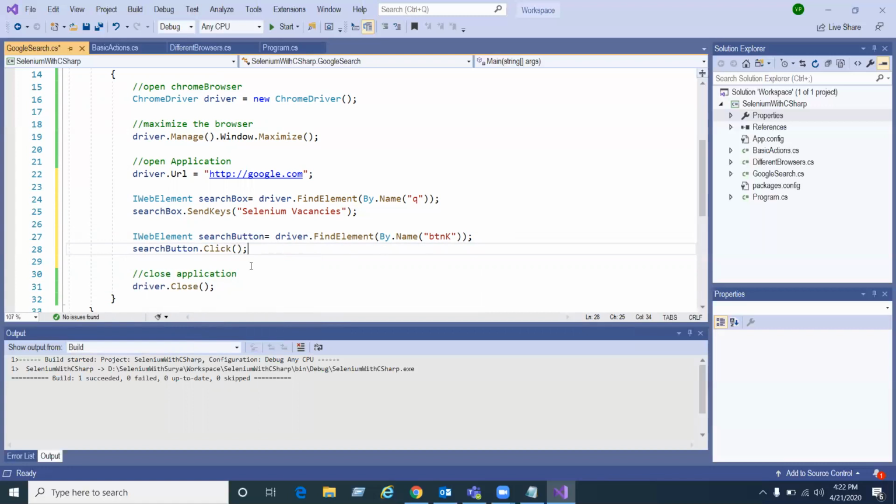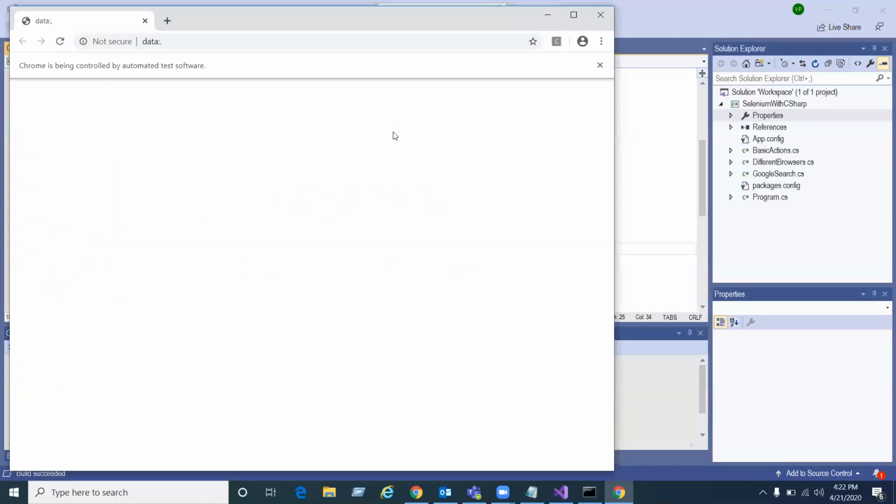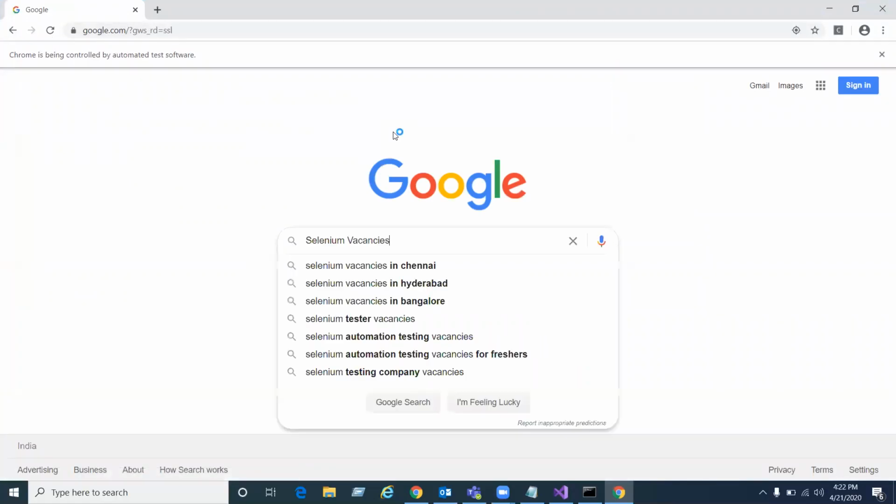So first let us run the program. See, it enters Selenium vacancies, and when it comes to the Google search button, it is unable to click on the element.